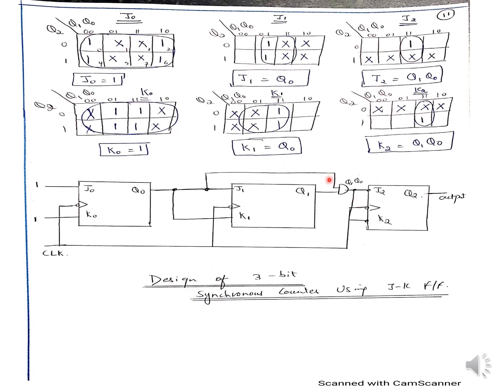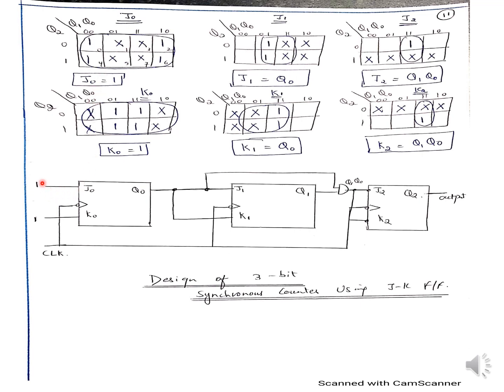Now we will do the schematic diagram. It is very interesting and very easy because I have used 3 flip-flops. So it is J0, J1, J2. This is flip-flop 0. I forgot to write here flip-flop 0, flip-flop 1, flip-flop 2. Please write it. Now we will see. First we will connect all the clocks. So this clock and this clock, all are connected together. Okay? These all clocks are connected. Next is J0. J0 is 1.